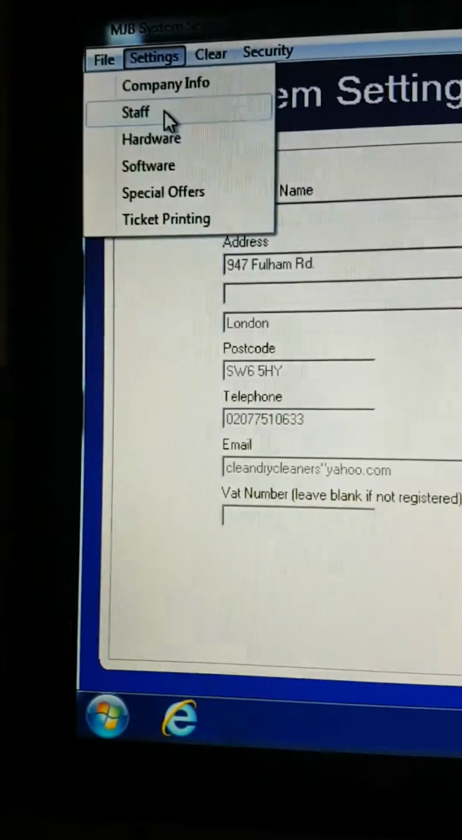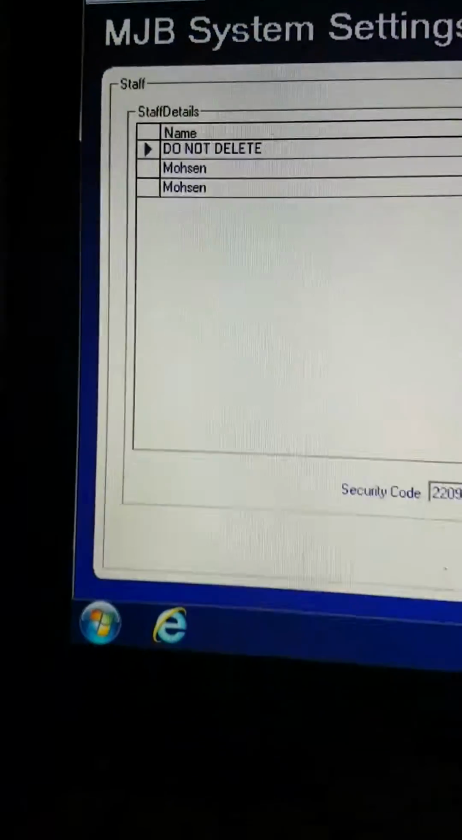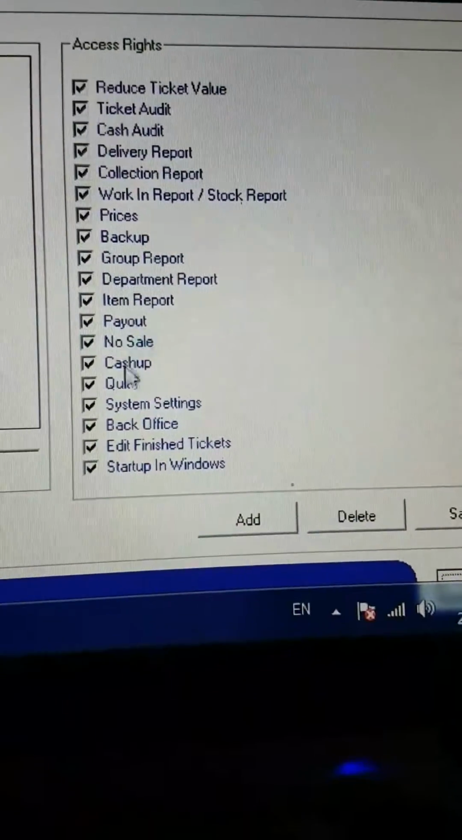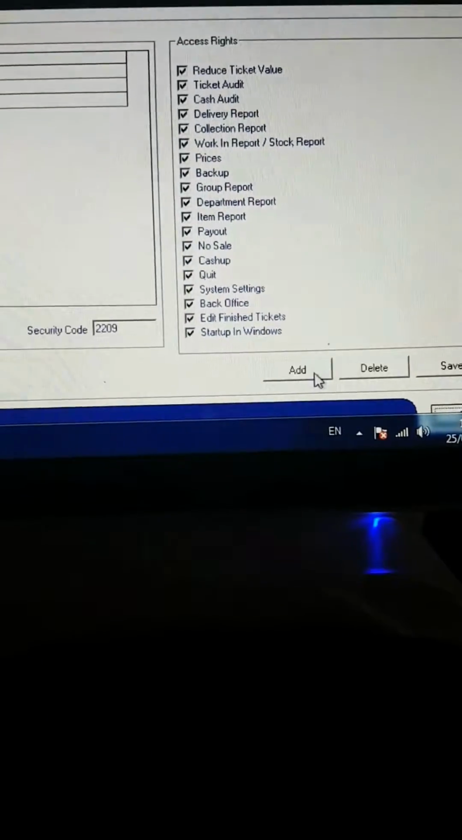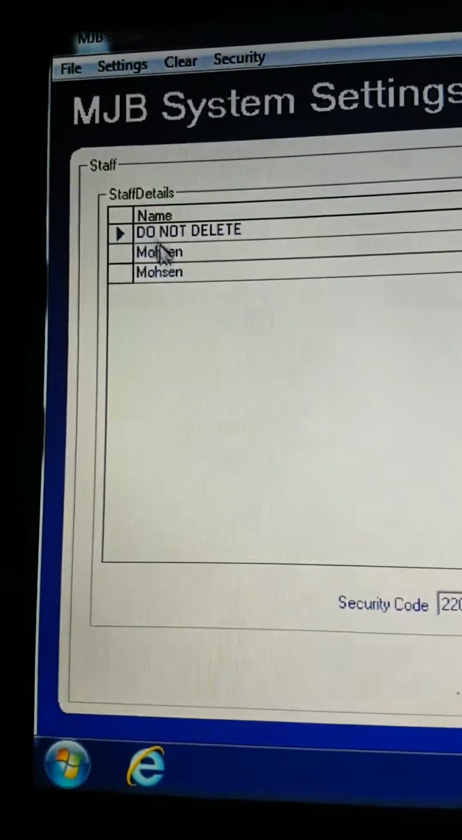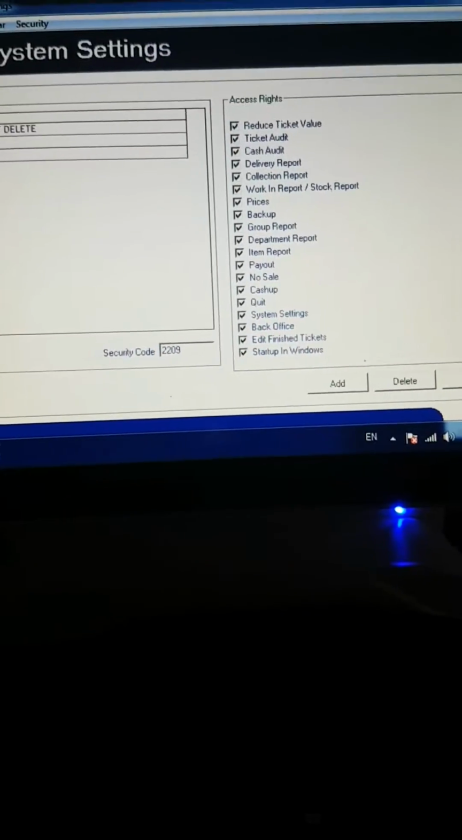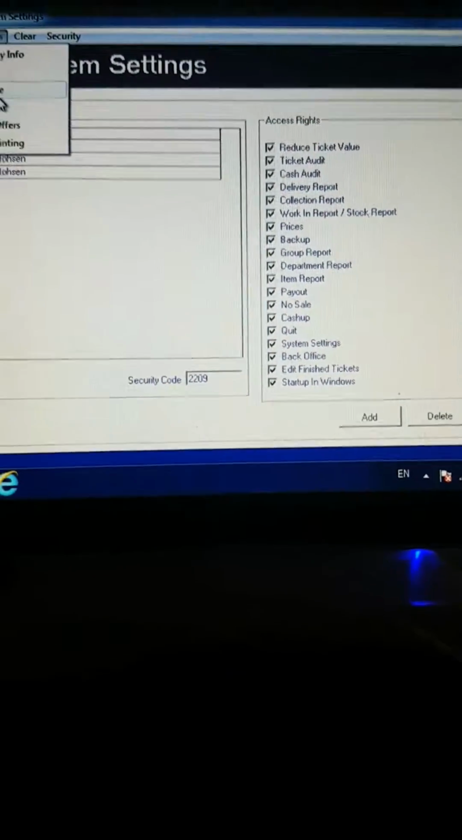If you go to settings and staff, you can add staff, and then this is where you tell the system what rights they have to the computer when they're using it. So you add and then you assign a code. Where that says do not delete, please don't delete that one, because that's my special code in case I ever need to get in. You don't need to look at hardware